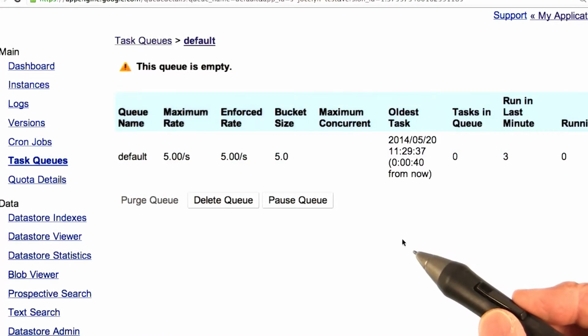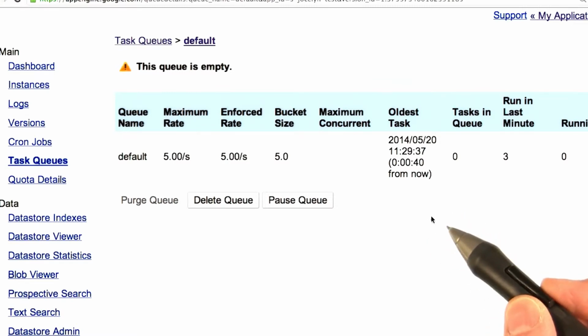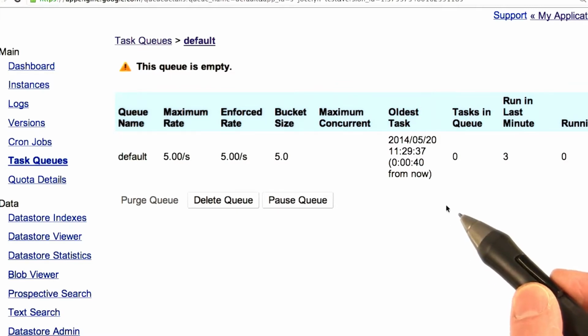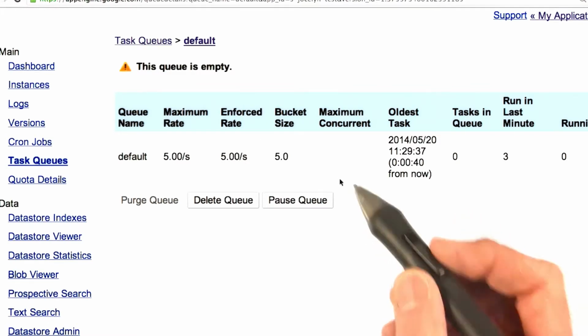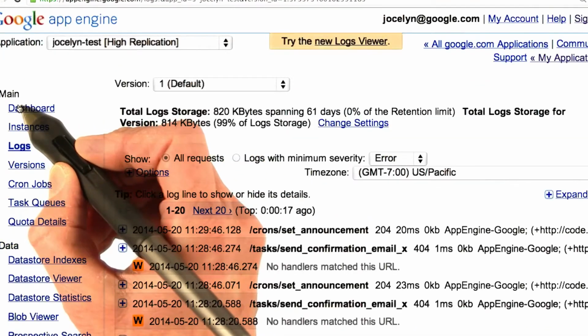It's important to understand that when a task gets onto the push queue and reaches the top of the queue, App Engine is going to keep trying to run it until it actually succeeds if you use all the default options. So it's really important to test your queues so that you don't get some task wedged in there that's never going to finish. But one other thing we can do here is we can look in the logs, and